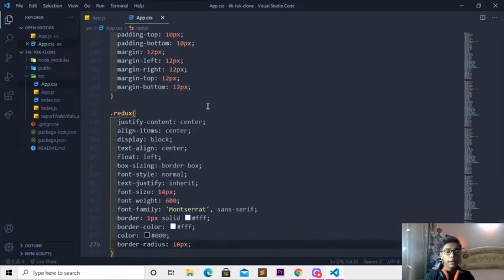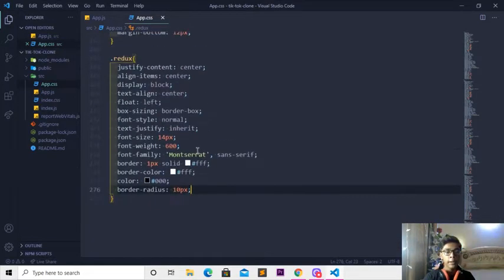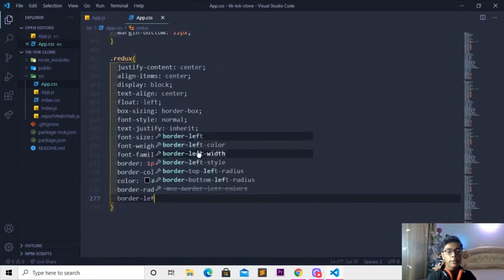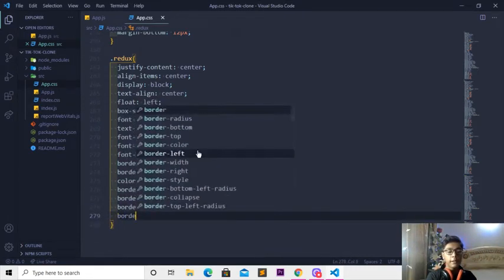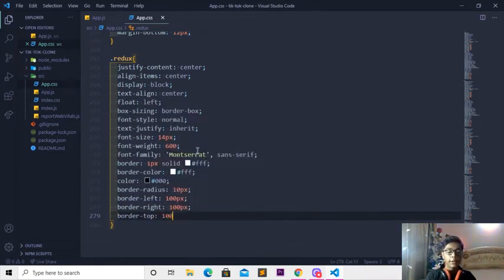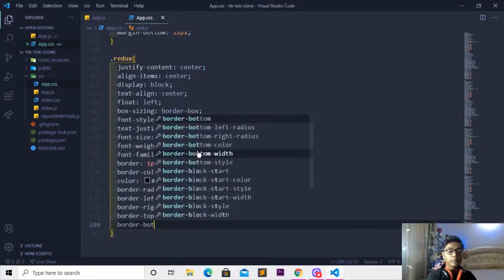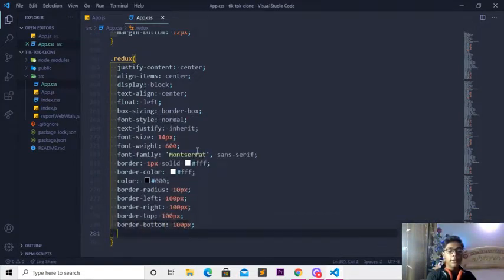Here we have written that. So simply I'll be coming underneath, then I'll be writing border left, which will be 100 pixels. So here I'll be writing border right 100 pixel, and here I'll be writing border top 100 pixel, border bottom 100 pixel, and when you're done with that, just I'll be